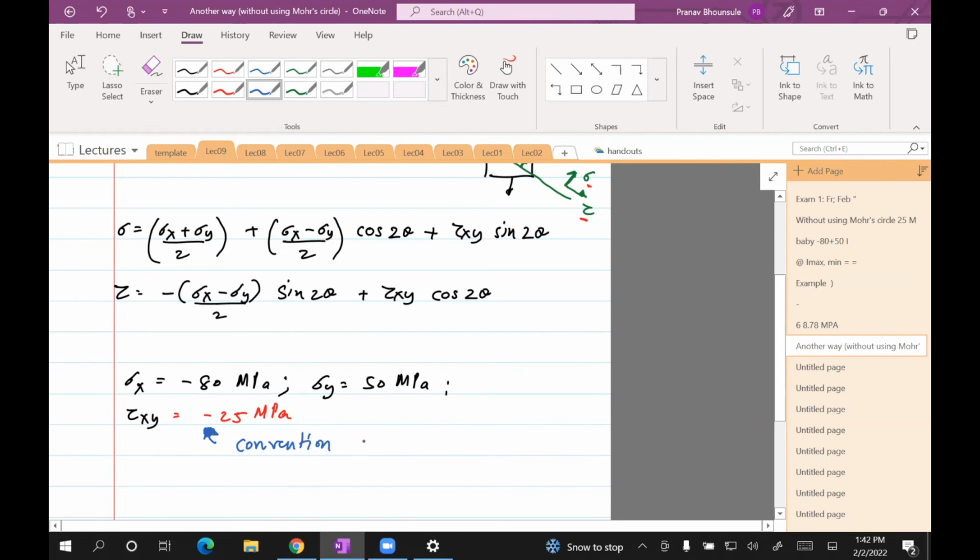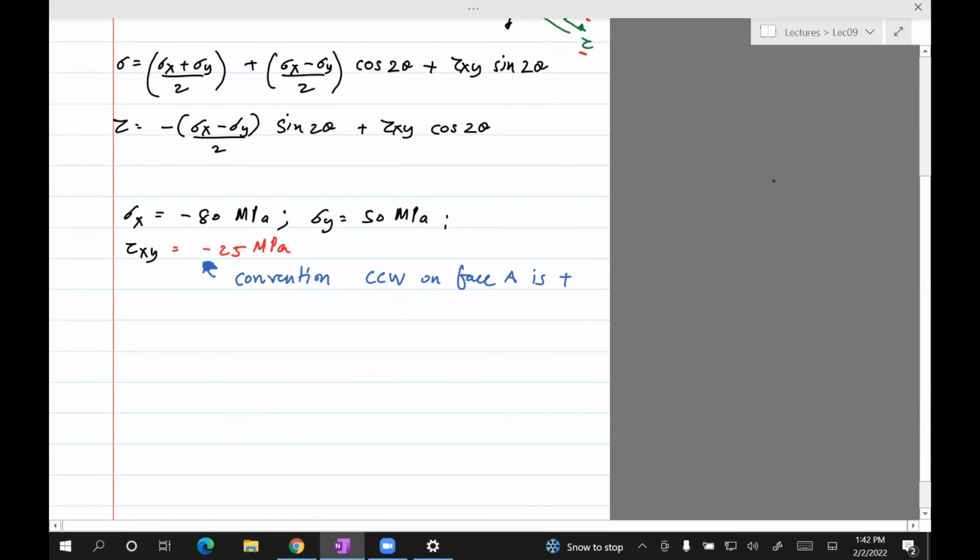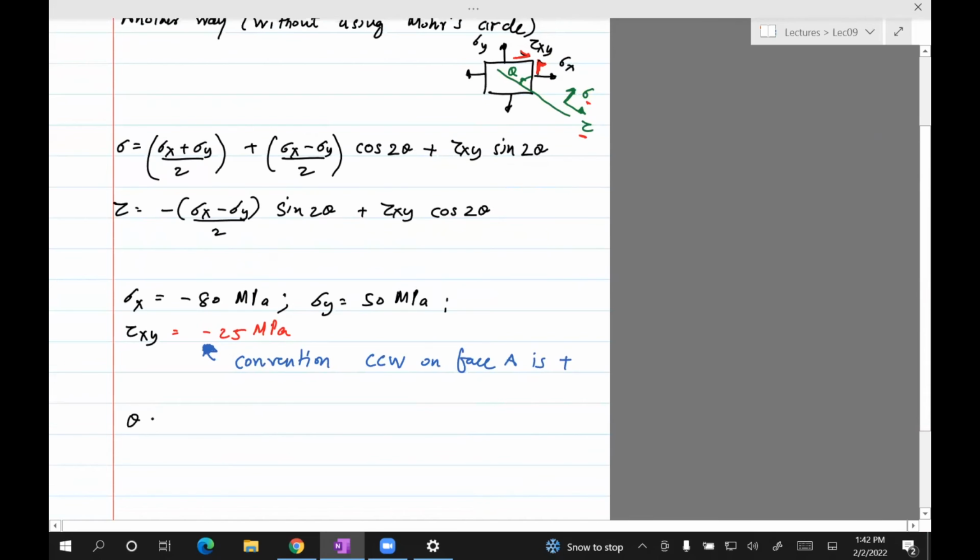The convention here is counterclockwise, or CCW, on face is positive. Okay, so then we have one more piece of information. What is theta? Theta is the angle, and you can see that the convention is that the angle counterclockwise is positive. In this case, we are trying to rotate the element clockwise, and so since it's clockwise, we need to put a negative sign